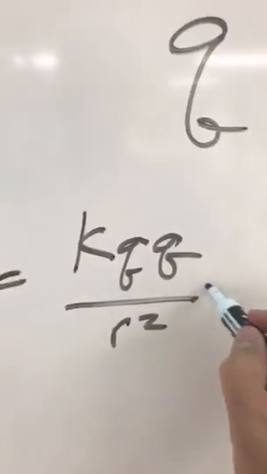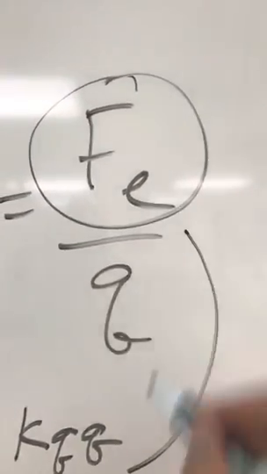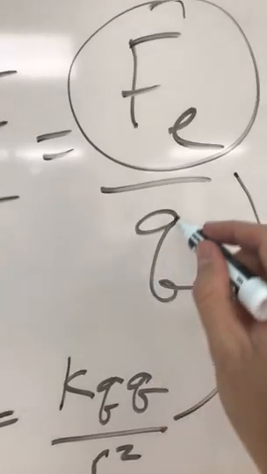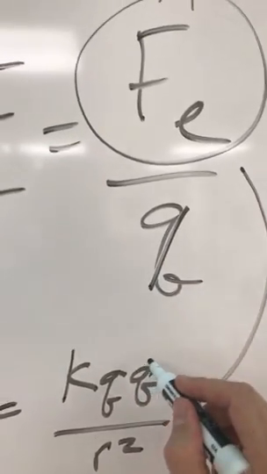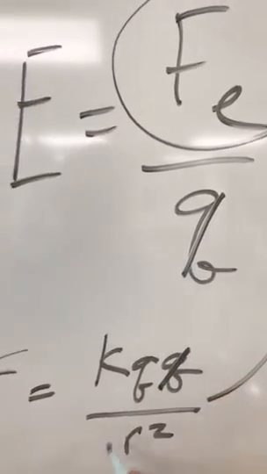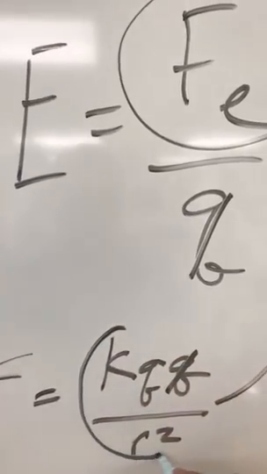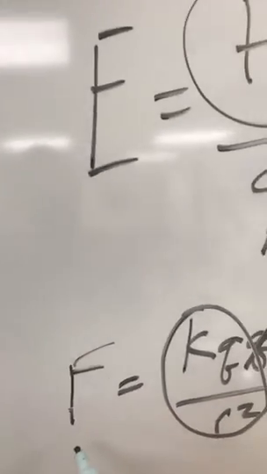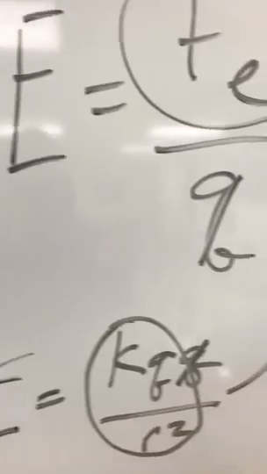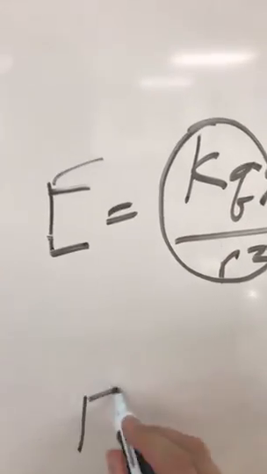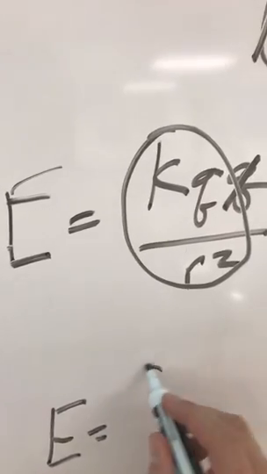We'll take that and plug this into this equation up here, and that'll make one of these Q's go away, and one of these Q's go away. And so we'll actually get the bottom version of the equation for our E. Okay? And so then that means the field will be equal to